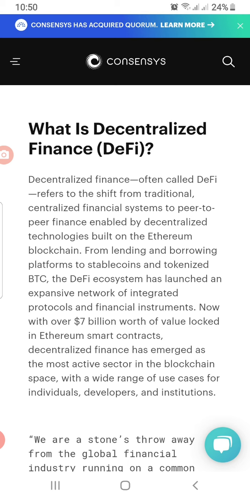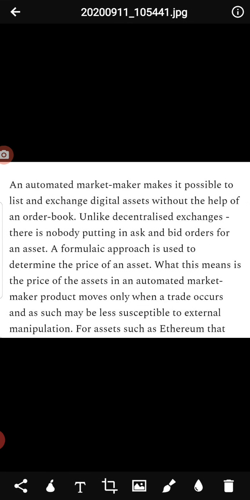So if you have a coin that is trading heavily, there will be enough fees daily that goes around to those investors. So hence, for decentralized finance to work, it works very well with exchanges that have what is called an automated market maker. Let me dive straight into automated market maker.